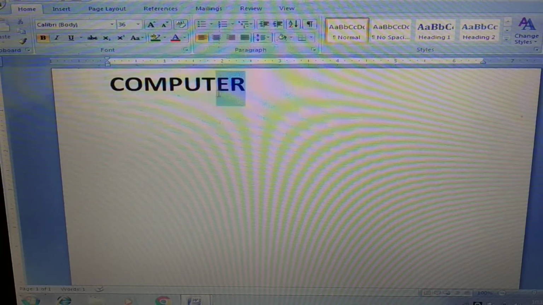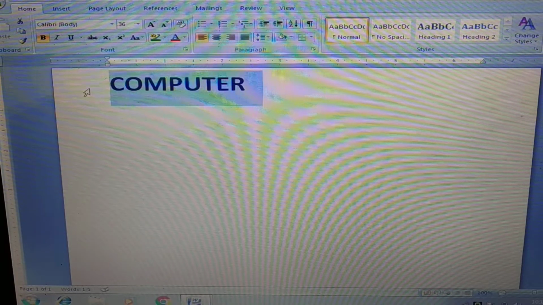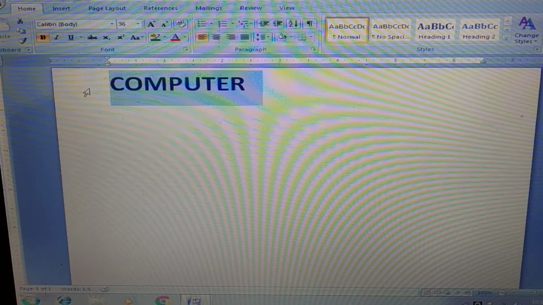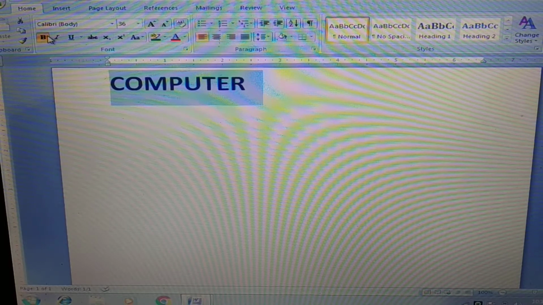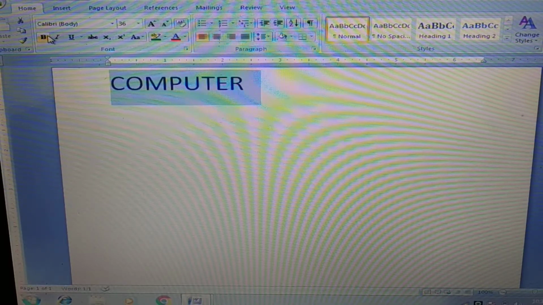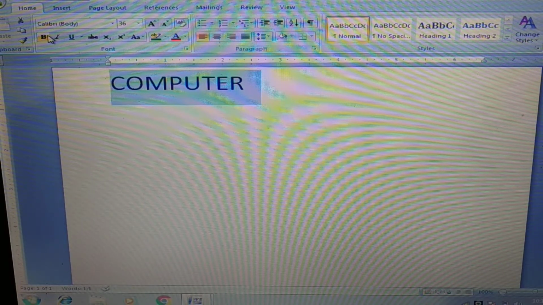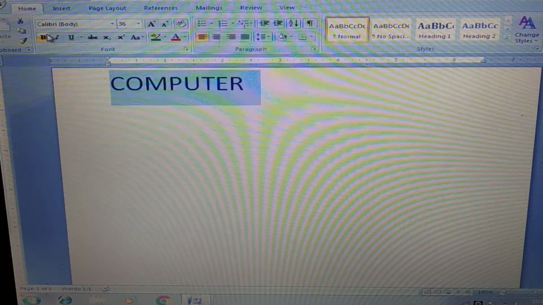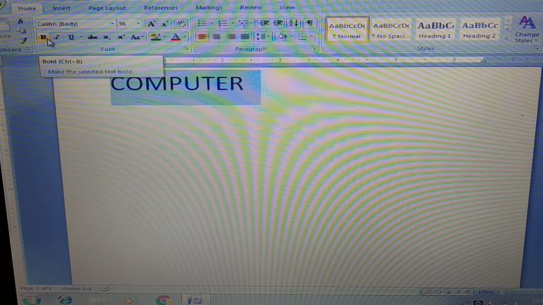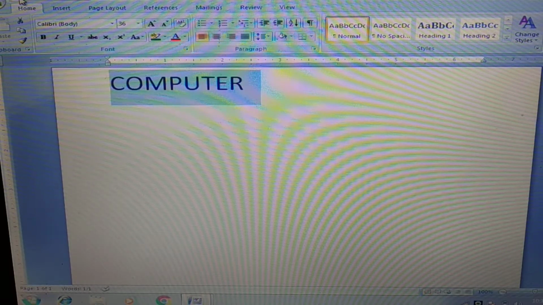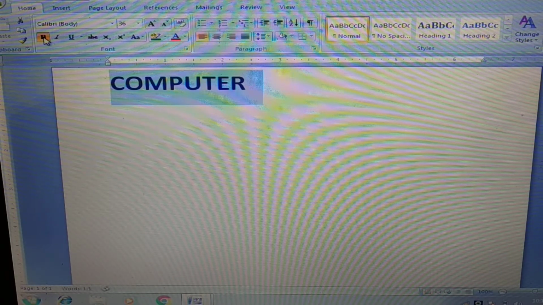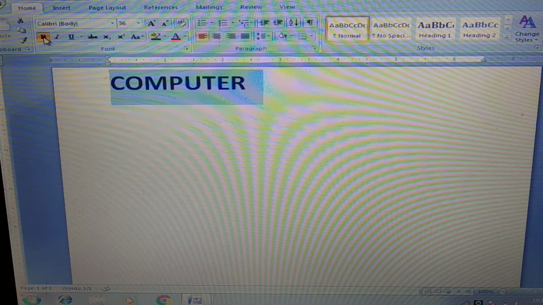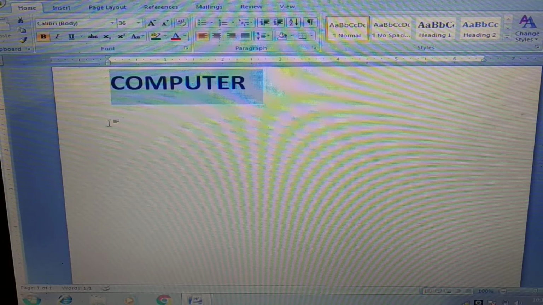Now, the word which I have already made bold, I can just remove and make it normal. Again, you have to select and click on the bold. See, it is no longer bold now. So if you want to bold and then remove that, from the same button, clicking the same icon, we can make these changes. First you select and then do and redo it if you want to change it. Anyways, finally I have made it bold.